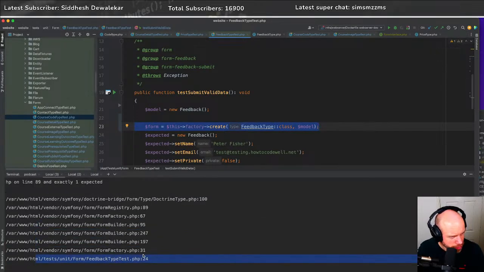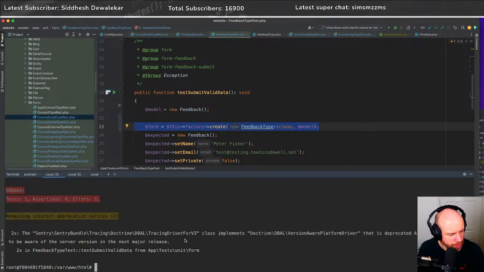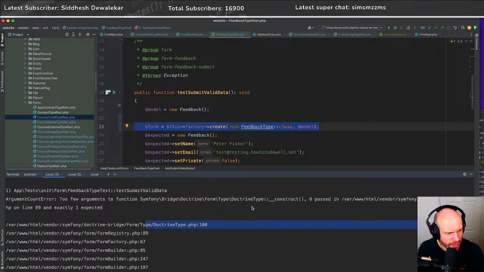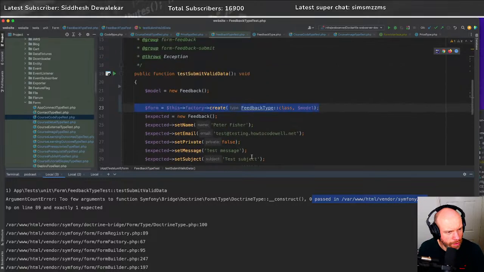It then goes through a bunch of form builder routines, gets to the form registry, well, form factory, then gets to form registry, then for some reason it hits the doctrine type, and we're saying that we're not passing in 0 passed, which is bonkers. So why is that? Let's hit this again,